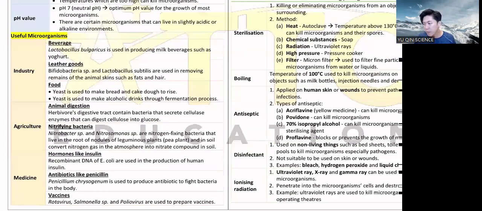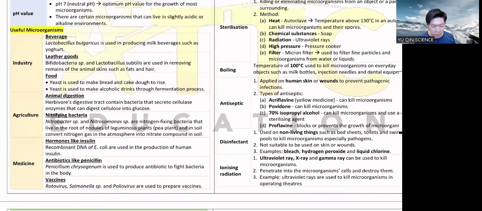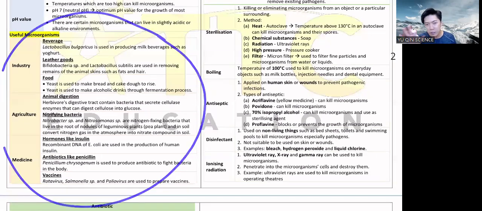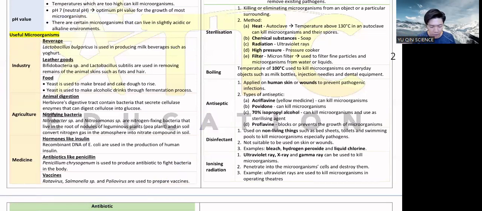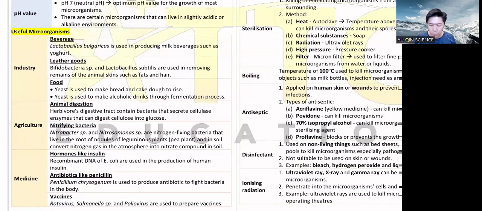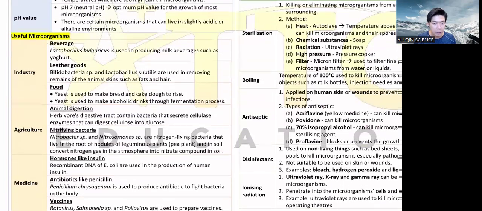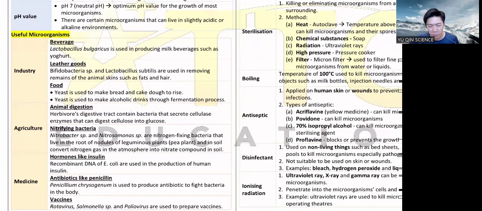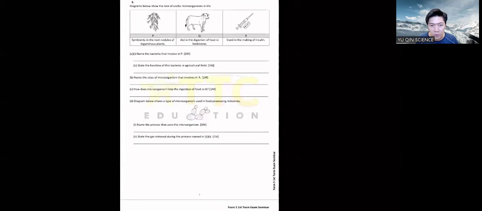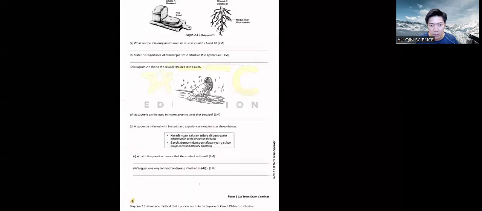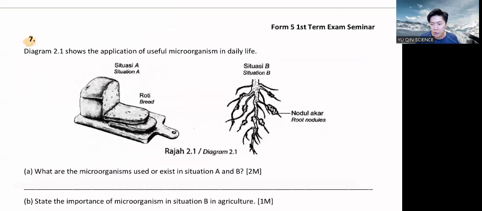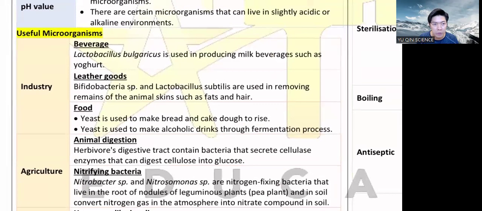Then we have some useful microorganisms questions. Okay, this one is really a small part, the ding ding dong dong stuff, but it's good to know also lah. Then you usually don't see them in the whole subjective question, maybe in objective, like one question. So not really a big deal, but it's good to know, never know. But I have a full question on useful microorganisms to try out. You can turn to page 8, question number 7. But in the meantime, let me quickly sapu the whole thing for you lah.